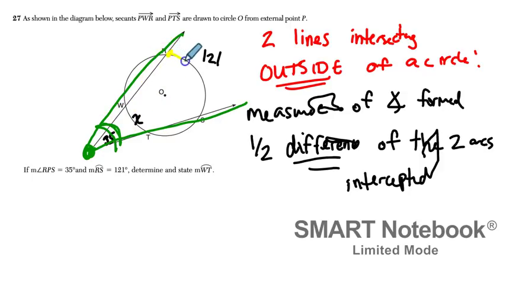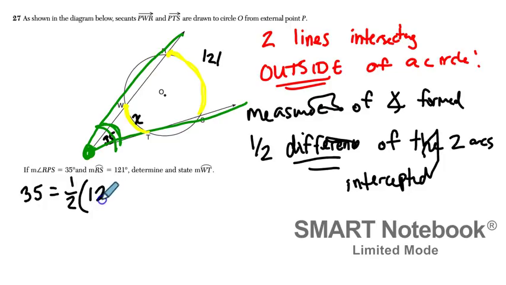So RS, see how this arc is between those two lines? It's on the interior of this angle. That's going to be one of those arcs intercepted. And WT also falls on the interior of that angle, so that's going to be another arc that's intercepted. So what does that mean? In this case, that means that the measure of angle P is equal to half the difference of arc RS and arc WT. Or in other words, the measure of angle P, which is 35 degrees, is half the difference